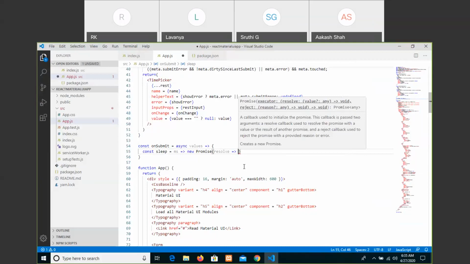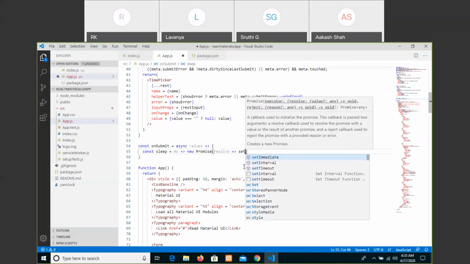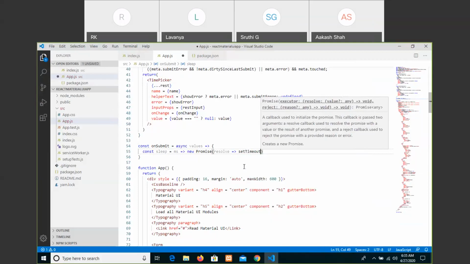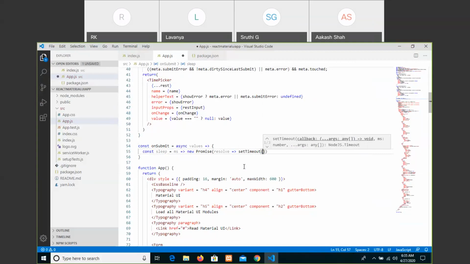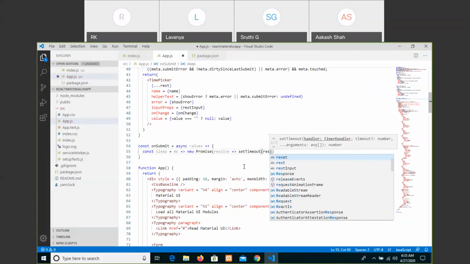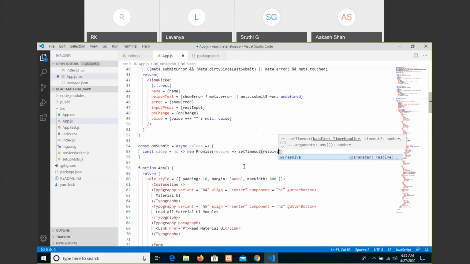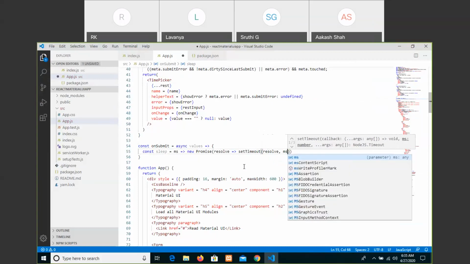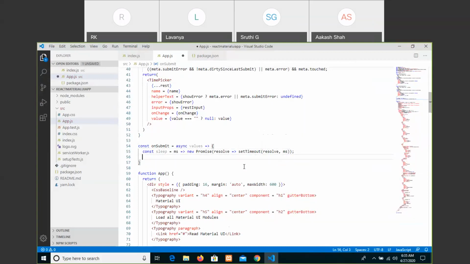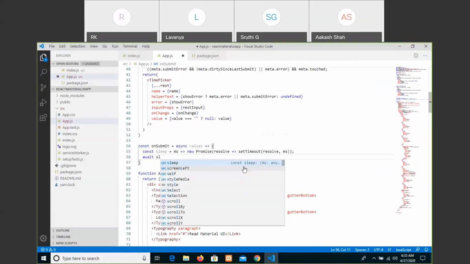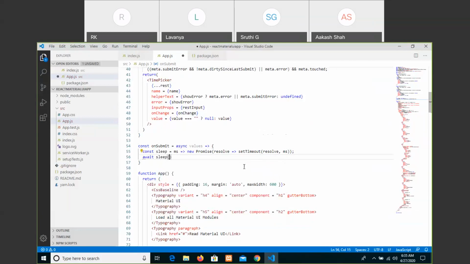Let me write here setTimeout, resolve, ms. Then await. That means we are not submitting immediately.